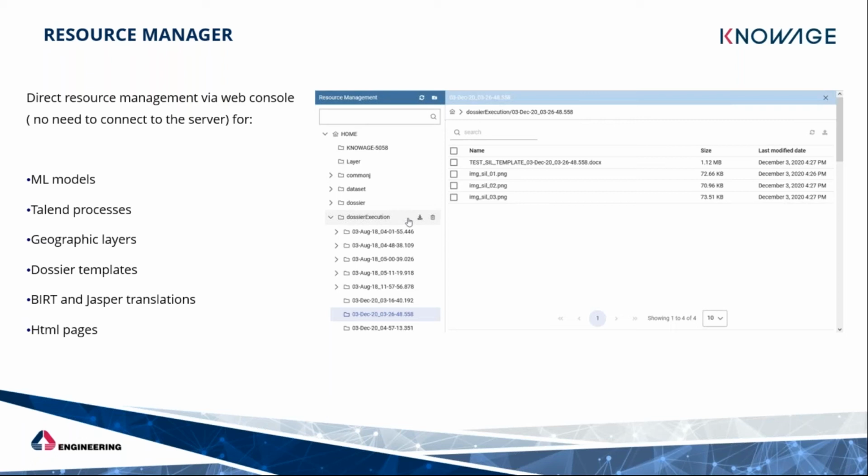Previously of the Resource Manager, if you wanted to access these folders, you had to access the server. With the Resource Manager, you can skip the first step, and you can access the folders directly and add